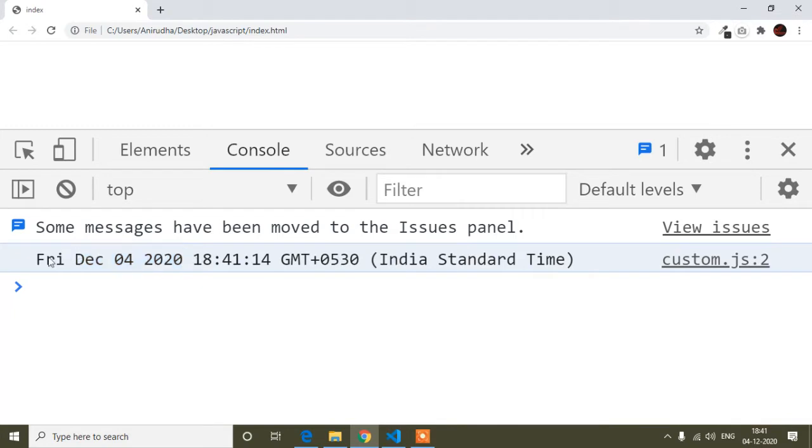Now you are thinking the date is coming this way, Friday December, and the time is also coming, and GMT India Standard Time. You may think this is not useful, but I will say this is most useful.